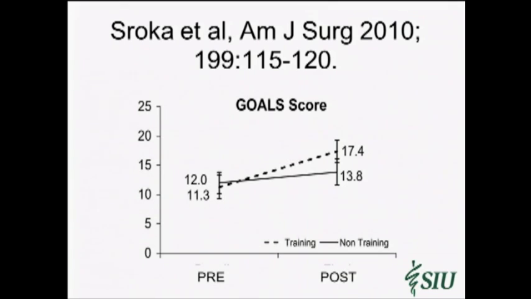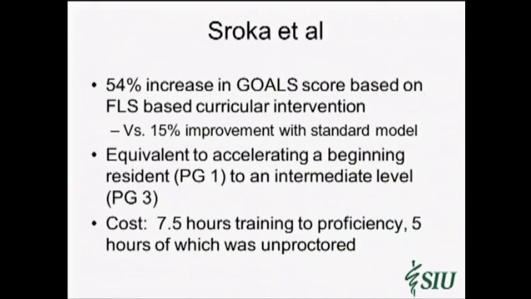This slide was shown already, so I'm not going to belabor this point again in the interest of time. Just to say that in this study that the McGill Group produced, looking at the FLS platform and a validated clinical assessment tool, such as we now have, and as Brian described with gauges, they were able to show that you could basically take a PG1 resident and accelerate them to a mid-level, say PG3 resident,